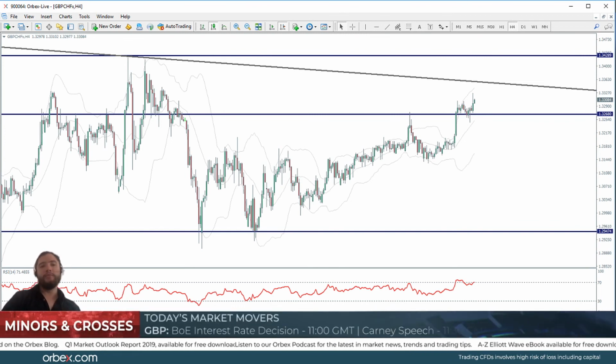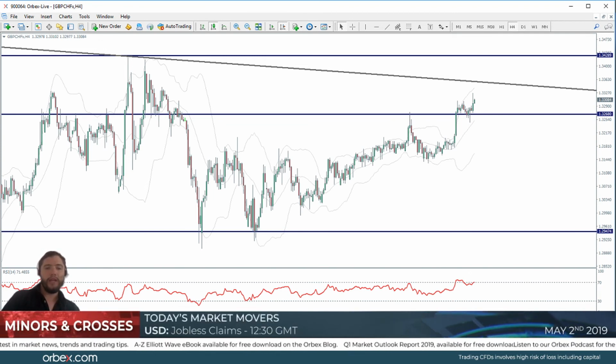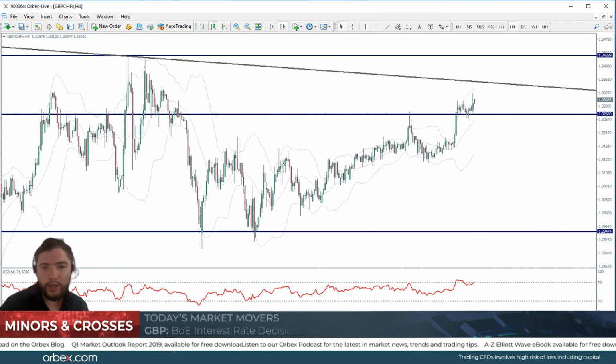Okay, so these are the levels I'm looking at then in the pound against the Canadian dollar and the pound against the Swiss franc. So please stay tuned into the blog over the remainder of the week, where we'll be keeping you updated on any key developments such as the Bank of England meeting later today and any other important trading developments. Doing our best, as always, to serve traders